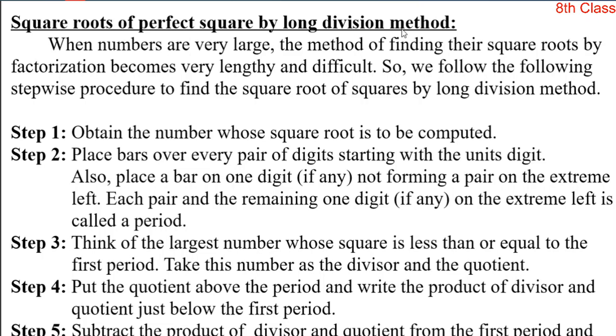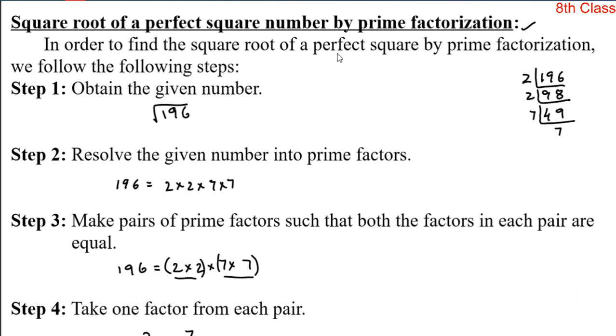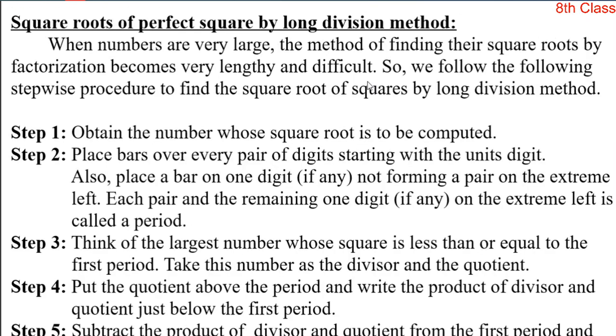By using this method, we find the square root of any natural number, not only perfect square numbers. In case you find the square root of any natural number, then we apply this method. So in the prime factorization method, we find the square roots of perfect square numbers only, but in this long division method, we find the square root of any natural number. Is it clear? But in this section, we study only perfect square numbers. In case you have practice on that, then we can apply the same process to the remaining numbers.